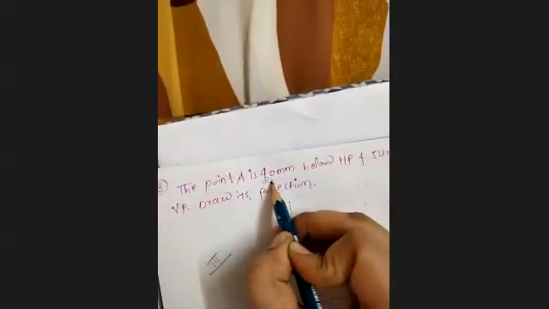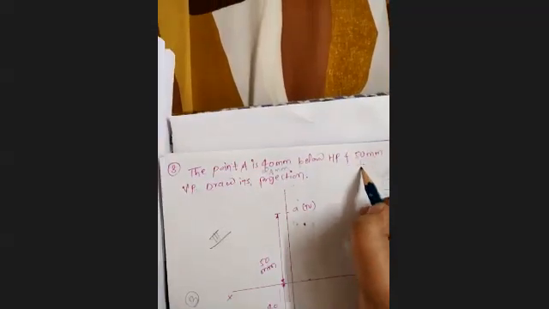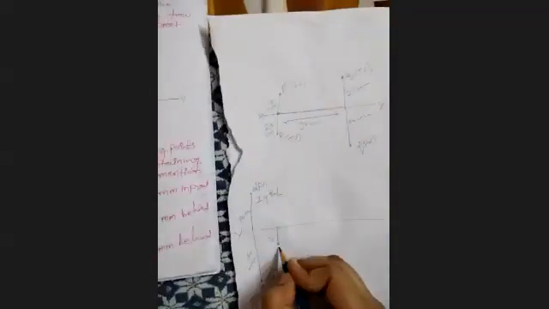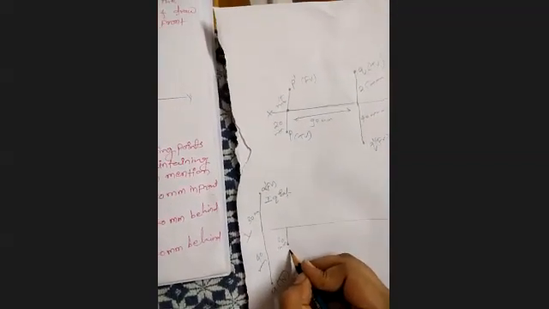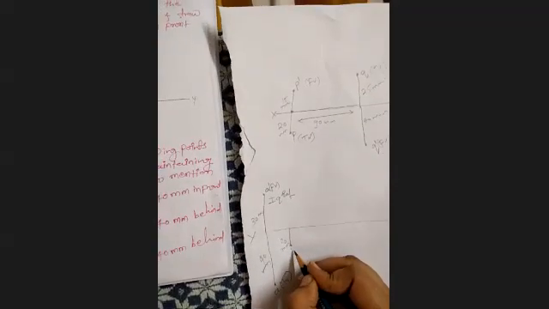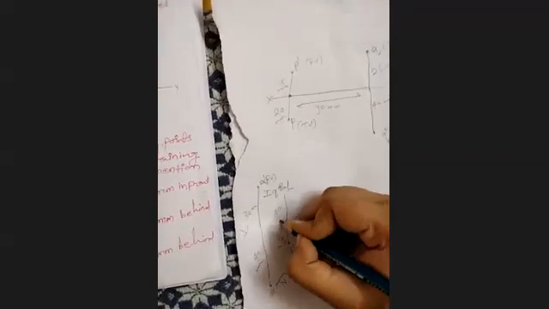Ma'am, I just said the correct one. 20 mm below reference line, 40 mm above reference line. Okay. 20 mm below reference line means which type of view? Front view, ma'am. And from this point 40 mm, which type of view? Top view. And which type of quadrant? Third quadrant.